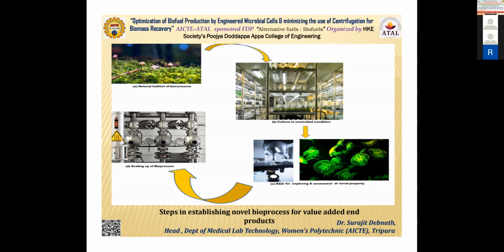Anyway, this is the basic protocol where we isolate a particular strain from nature, put it into the lab and do all kinds of lab based analysis, and eventually we will put it into the industry to scale it up and see what the behavior of the organism will be at industrial scale. It may happen that in your lab you are getting very good results, but eventually in the industry you are not getting them. Then all your hard work will be of no use, isn't it? What is your objective? The objective is to generate intellectual property, write a paper, submit a patent, but eventually you also have to monetize it. If it is of no use, nobody will read your paper, isn't it?